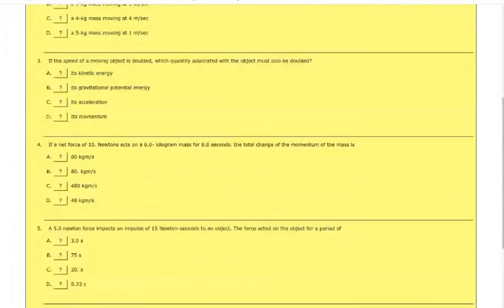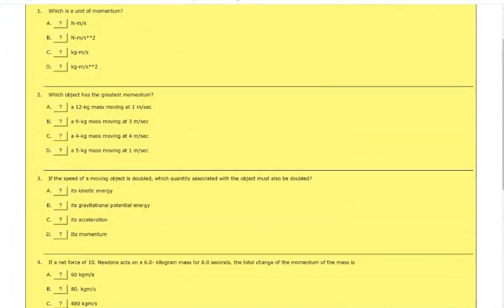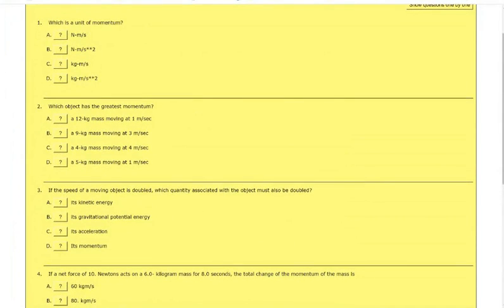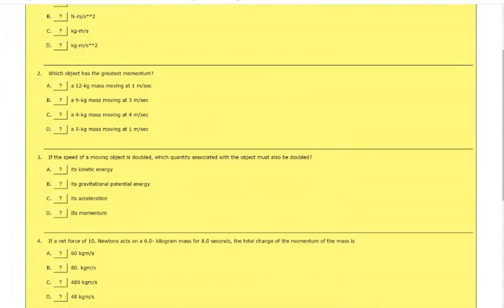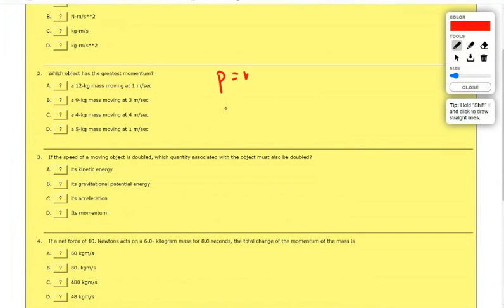Let me show you a good one here. You might see something like this. Which one's got the greatest momentum? So what I say to myself is, well, I know what momentum is. It's simply m times v. It's on my reference table. Why don't I just find all the m times v's? 9 times 3 is 27. 4 times 4 is 16. Well, that's obviously the biggest momentum. Isn't that easy?